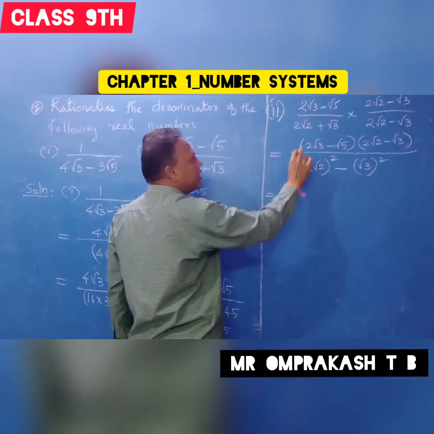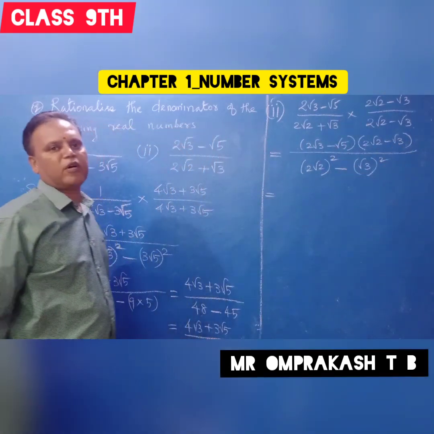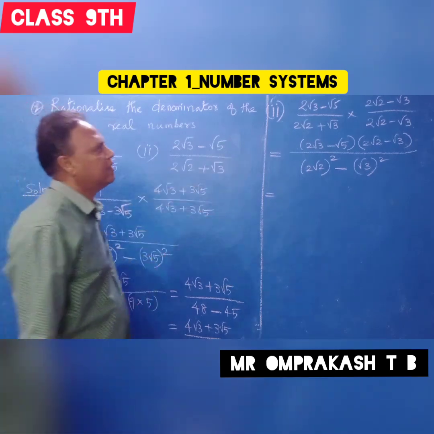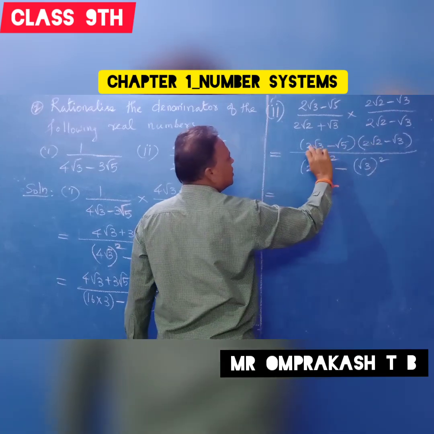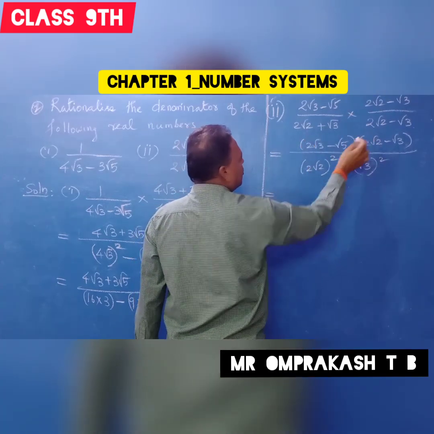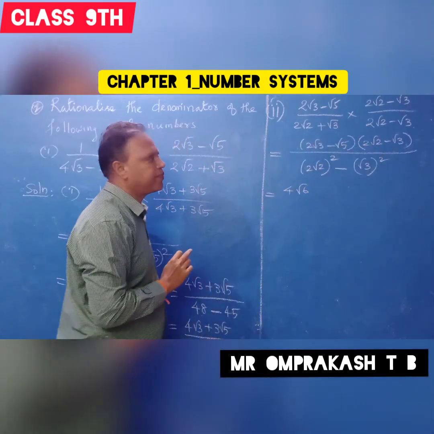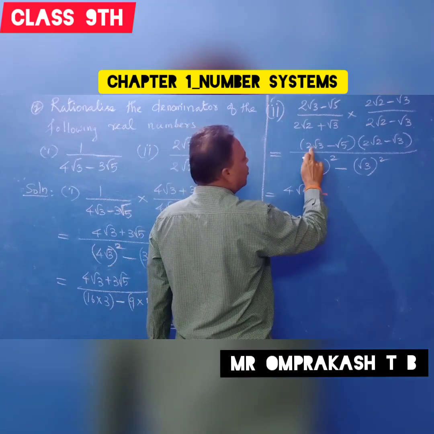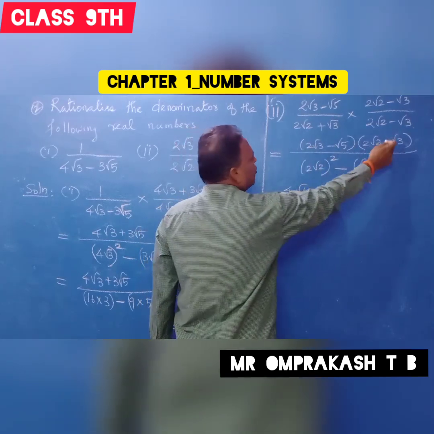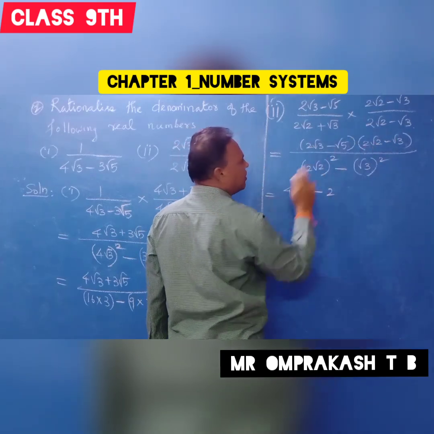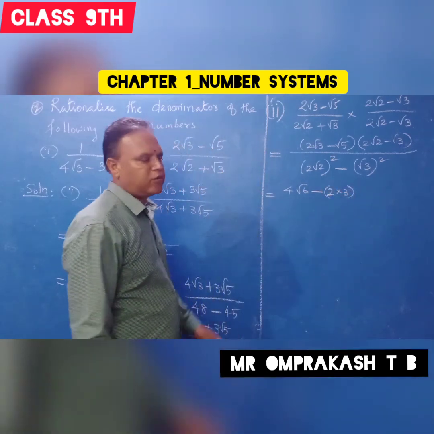That's all. Now in the numerator, what you have to do is ordinary multiplication. Clear? That is not in the form of a plus b into a minus b. Just multiply. Clear? First take this and multiply. Means 4 root 6. First integer multiply, the integer part. 2 into 2, 4. Then root 3 into root 2, root 6. Understand? Next, same, 2 into 2 root 3 into root minus. Root 3 means minus you put first. Then 2 into 1, 2. Root 3 into root 3, 3.